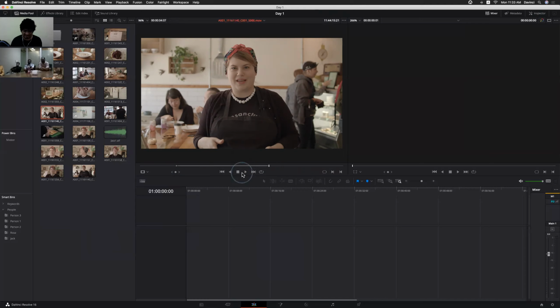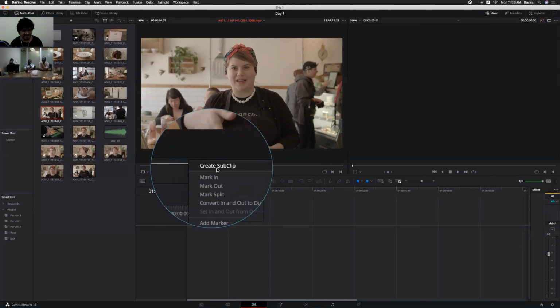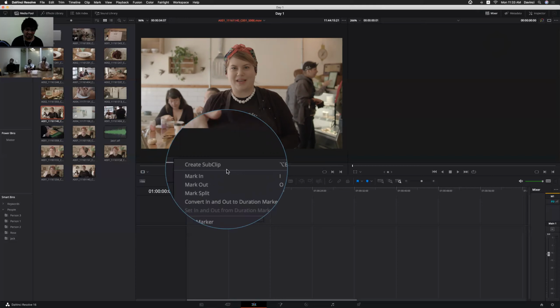And we don't have multiple selection options. If you want to make multiple in and outs in Premiere Pro, we don't have that option, right? Within a clip, it is not possible to make multiple in and outs. Whereas in Final Cut Pro 10, we do have that option. But we can make it as a separate clip simply by right clicking. We do have this option, the same as that Command U thing, right? Create subclip option. We can always make a subclip by marking it.